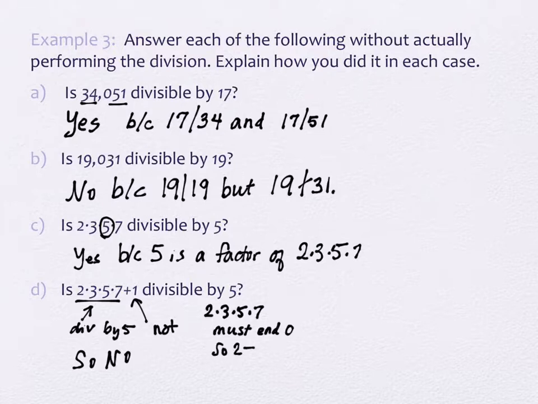So 2 times 3 times 5 times 7 plus 1 ends in 1. Thus, it's not divisible by 5. And I kind of combined 2 ways when I described it on the first one. So thinking about in terms of the 2 divisions, or thinking about it in terms of what happens if I had both pieces divided and so forth, are very similar. So this one is no. All right,